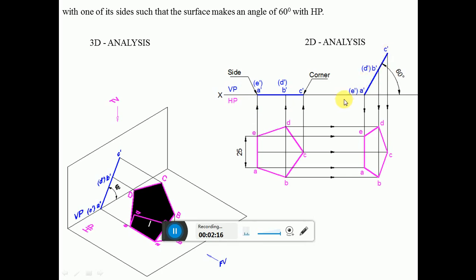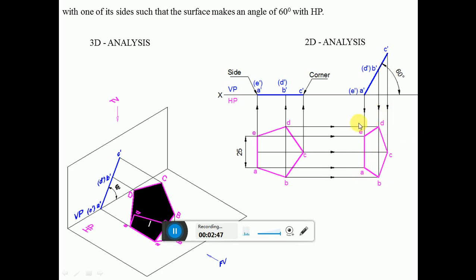Then you write the top view for this. Draw a vertical projector from A dash, and then draw a horizontal projector from A and E to get this point AE. Then draw a vertical projector from B dash, D dash, and draw a horizontal projector from B and D to get this point BD. Similarly, draw a vertical projector from C dash and draw a horizontal projector from C to get this point C. Then join A to B, B to C, C to D, D to E, and E to A to complete